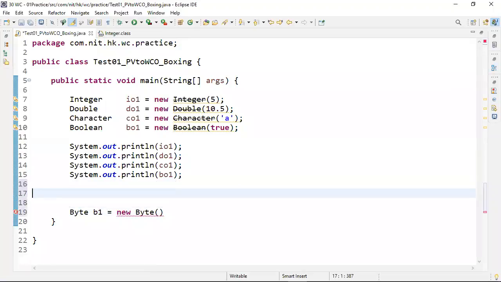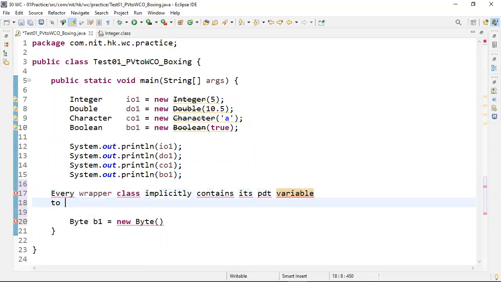The point you should remember: every wrapper class implicitly contains a primitive data type variable to store its primitive value.